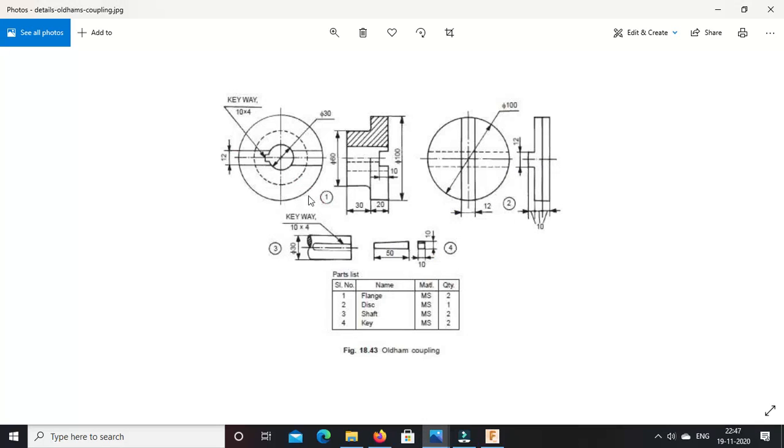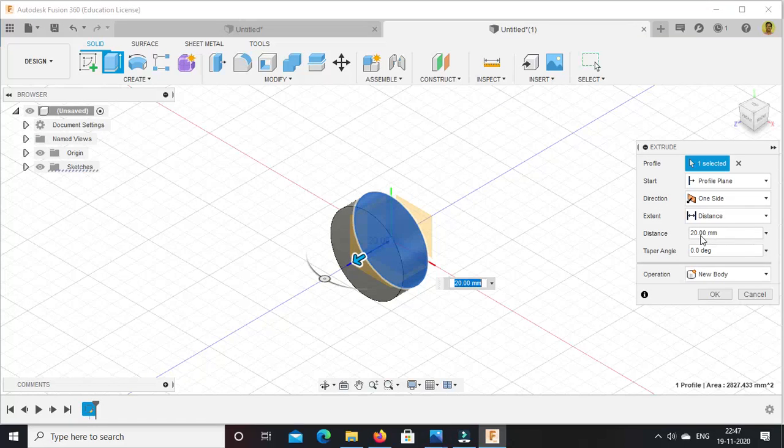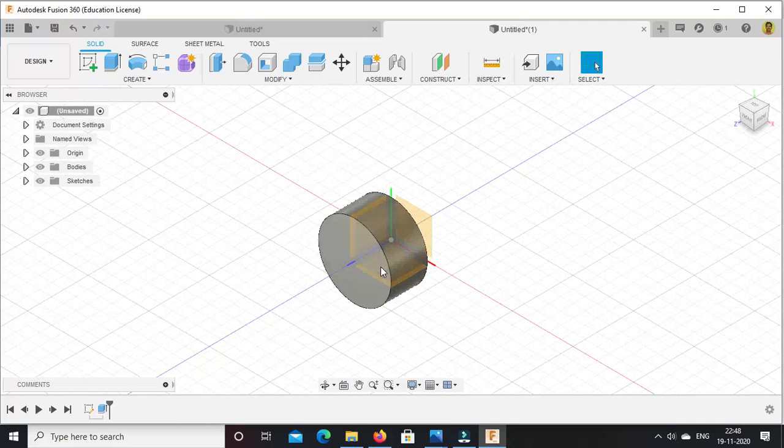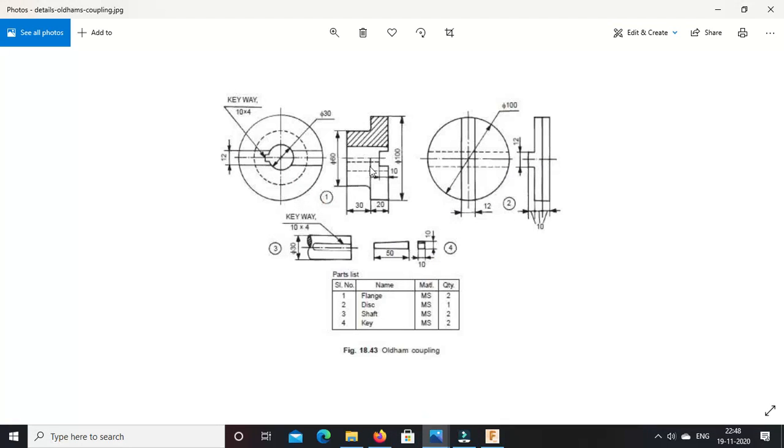Distance is here, sorry, 30 mm is there, so you need to enter distance as 30 mm, press OK. So this is the one part. Then next portion is of diameter 100 mm and width 20 mm. You need to join. So again,